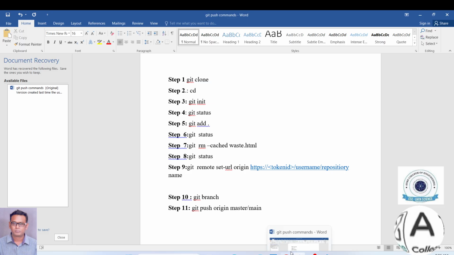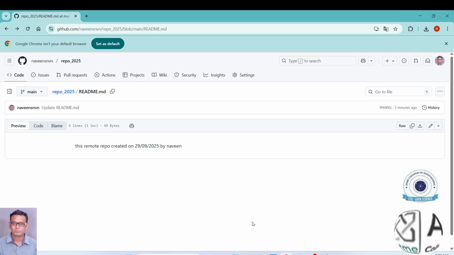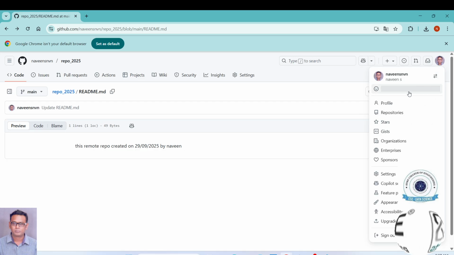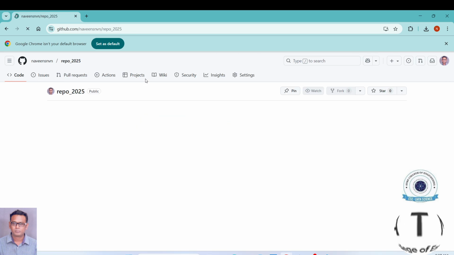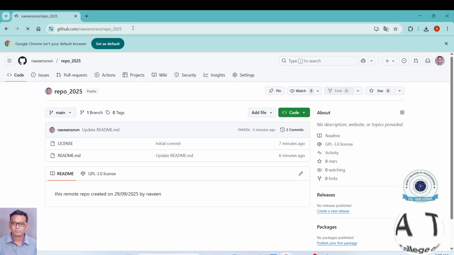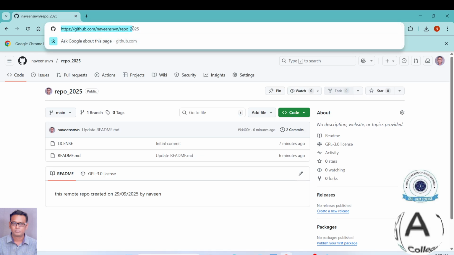Now we'll visit the GitHub account. We'll go to here and click on repository. It will list all the repositories I have created. So click on this created repository. In order to avoid spelling mistakes, I will copy from this path. So copy this path